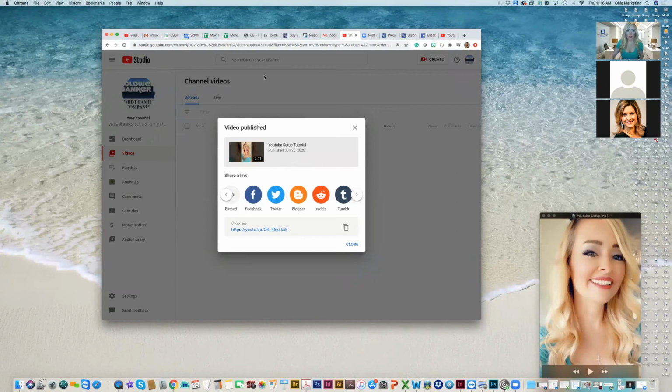So yes, I'm doing this on my computer, but I would have been able to, with the same ease, do it with my cell phone and also with my iPad. I can upload to YouTube the same way because you're ultimately connecting to your account through your Gmail, and you can get to your Gmail through both of those as well. So that's how to get it onto social media in one way.